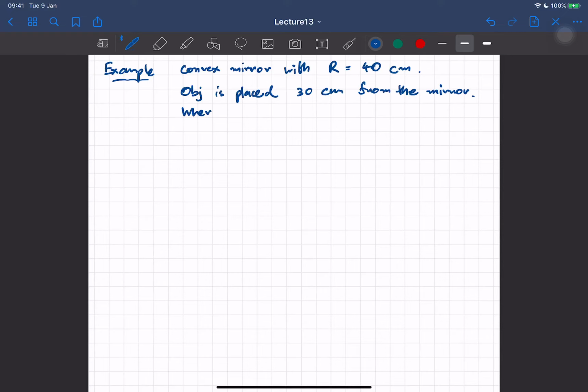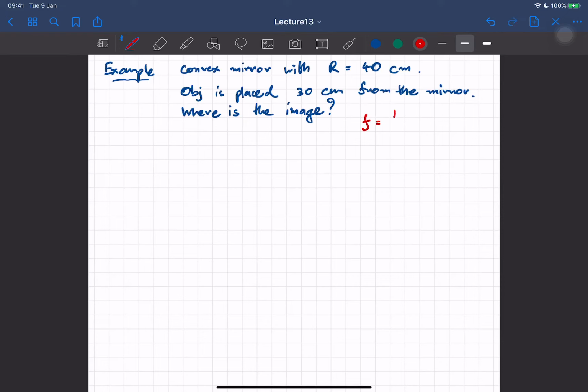Where is the image? Okay, so it's probably better if we just learn by example here. A convex mirror with the radius of curvature 40 centimeters. The object is placed 30 centimeters from the mirror. Where is the image? Well, right away we can say that because the radius of curvature is 40 centimeters, then the